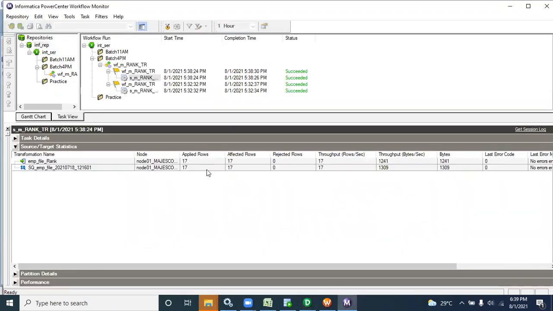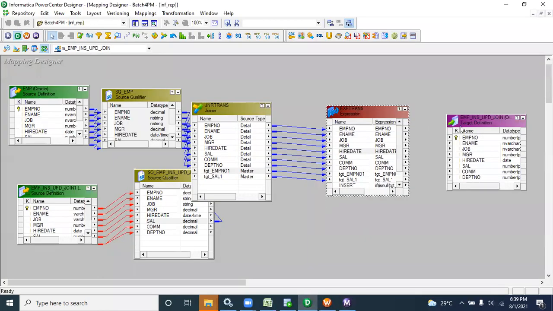By monitoring, you can check that this record is insert and that one is update. So for that reason, Informatica gave multiple flows, like insert going to one flow and update going to another.